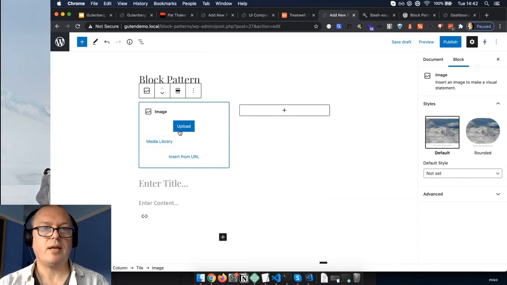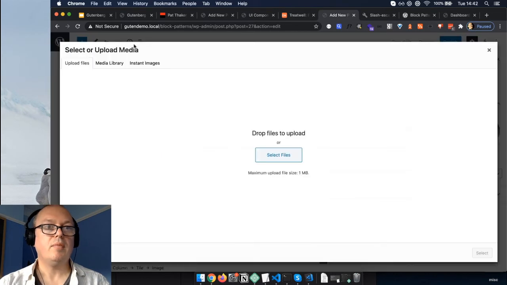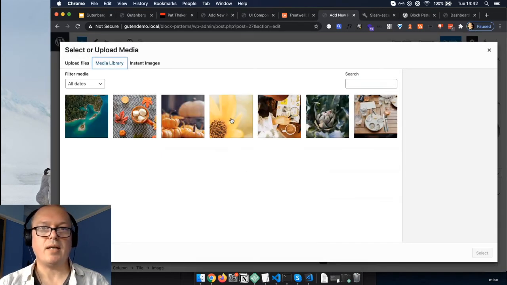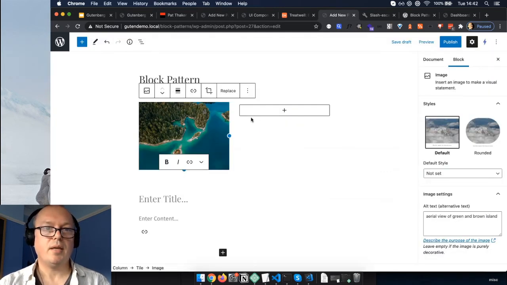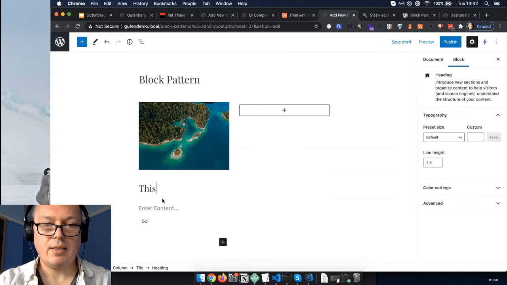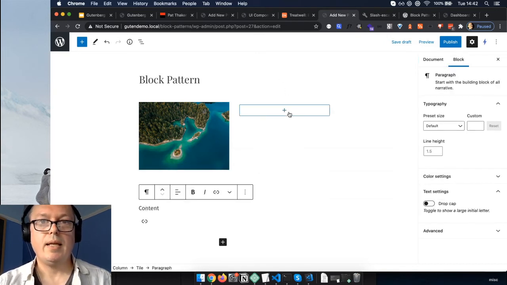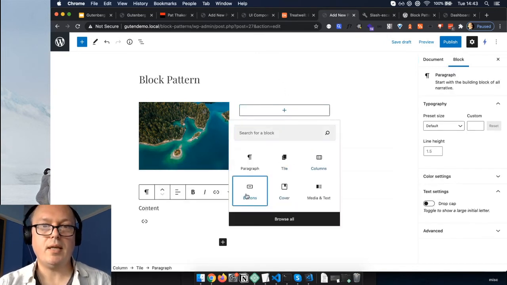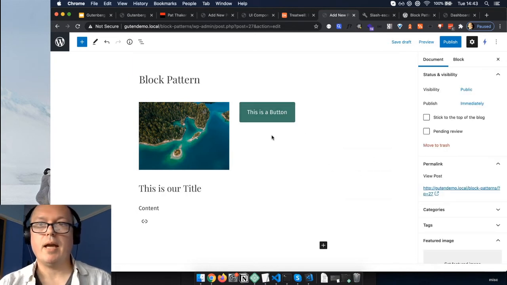So we've seen this tile before. Actually, let's not upload. Let's see if we've got any images in this media library. This is better. Yes. Let's go for beautiful landscape. There we go. And then we can put our title, and then again content, and here let's just put a simple button for expediency. Excellent. Okay, so let's publish this